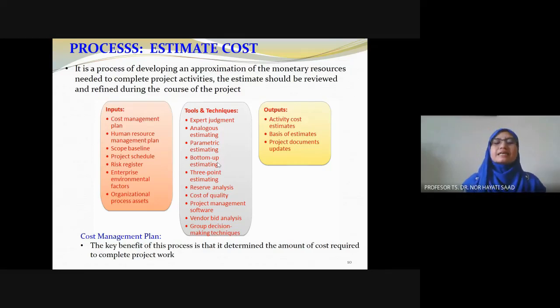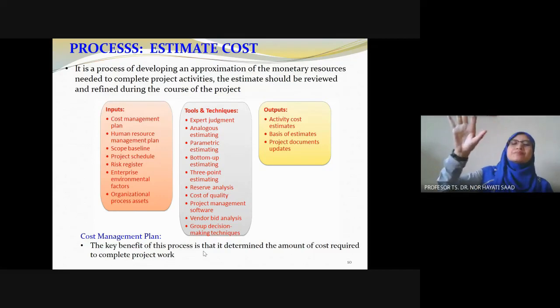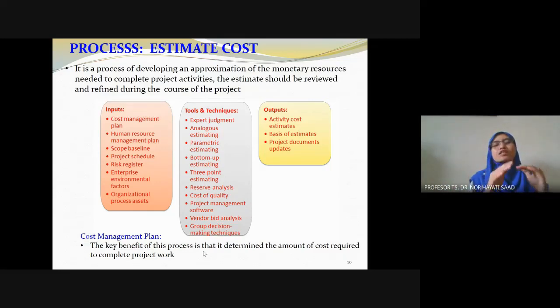And calculating the sum, putting all this together, we call it a bottom-up estimate. Why do we call it a bottom-up estimate? I hope you remember when we break down the structure. We have one big project, the LRT, and we break it down into, let's say, 4 phases. From those 4 phases, we break down again into sub-projects until we form what we call work packages. And under each work package, we break down again.